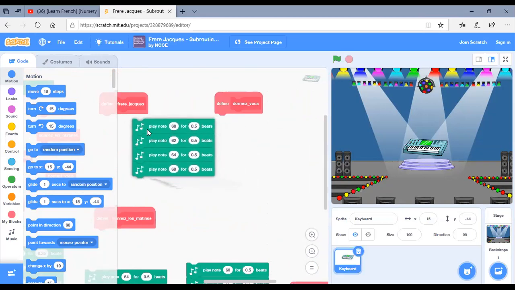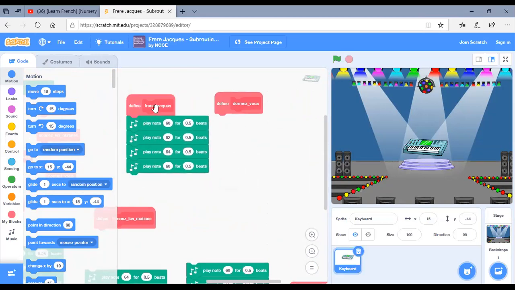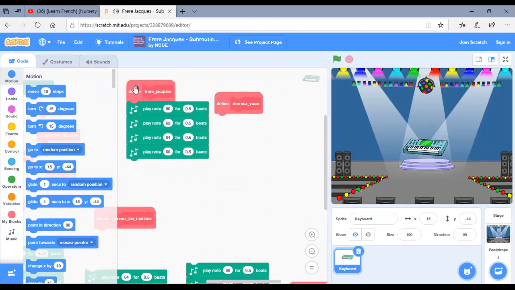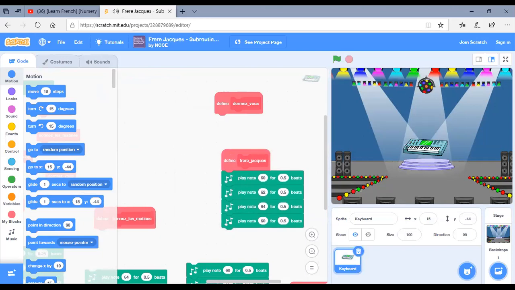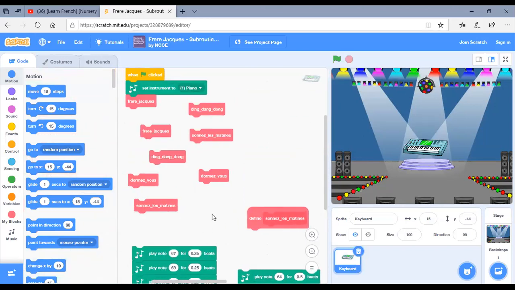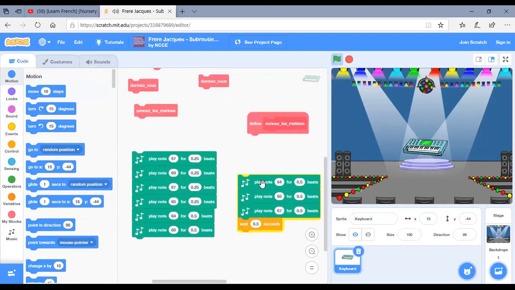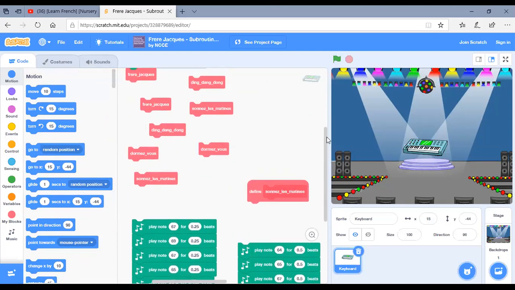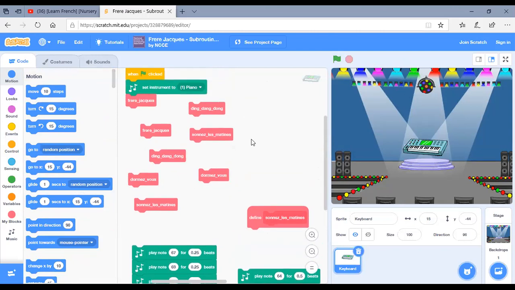So we will fix these ones first. Okay, good. And then we'll see how the others sound. Should I show you the nursery rhyme in French so that you can put it together maybe? Let's see.